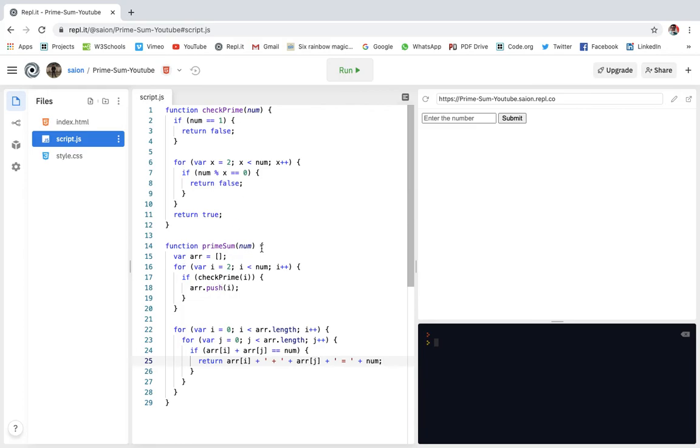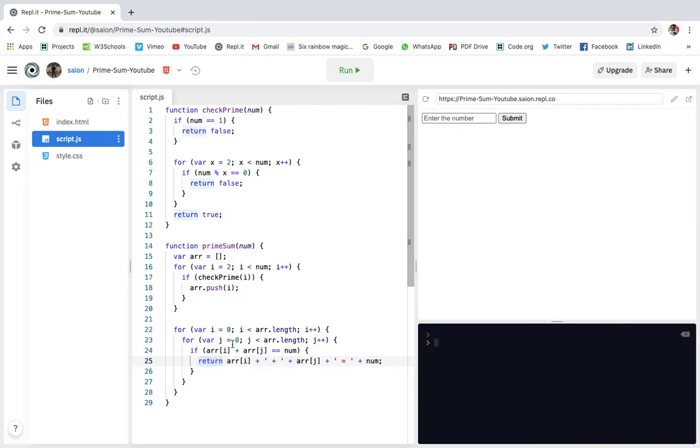So if we have passed 4 over here, then over here we are checking if array i plus array j, so 0th element and 0th element, so 2 plus 2 is equal to 4. So yes, then it will return this.